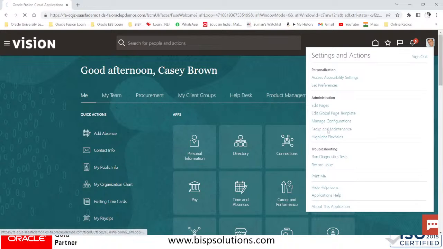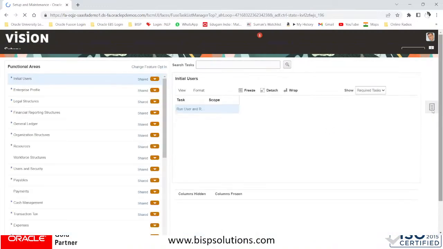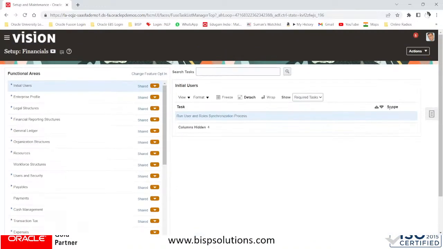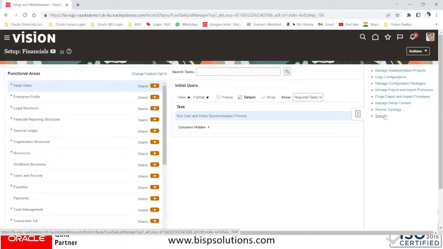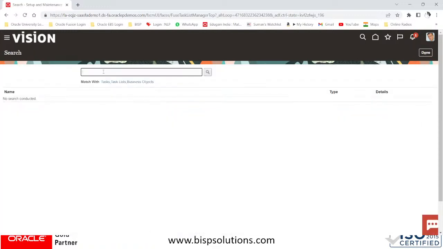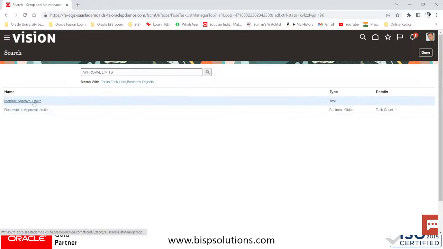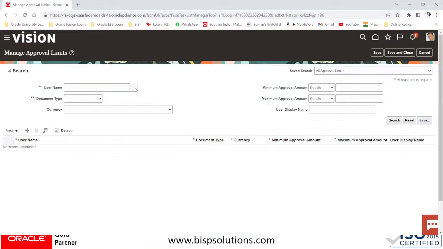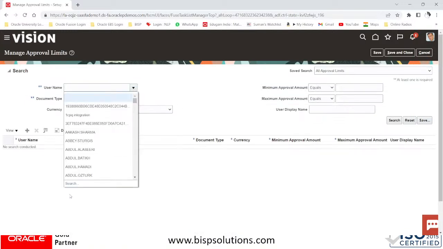So, setup and maintenance. You can go with that global search. Let us go with the global search. Search approval limits. Select the manage approval limits. This is the task, and I have already provided it, so I will search with that